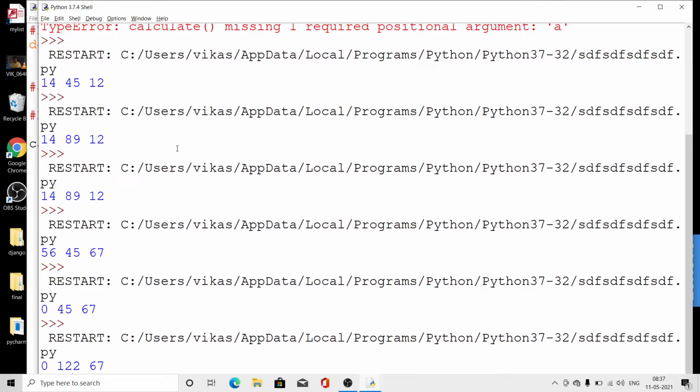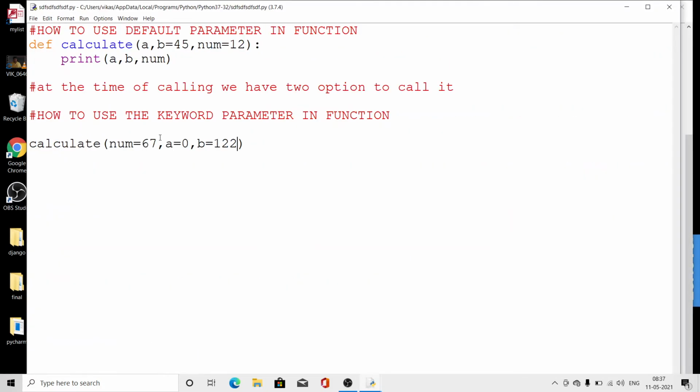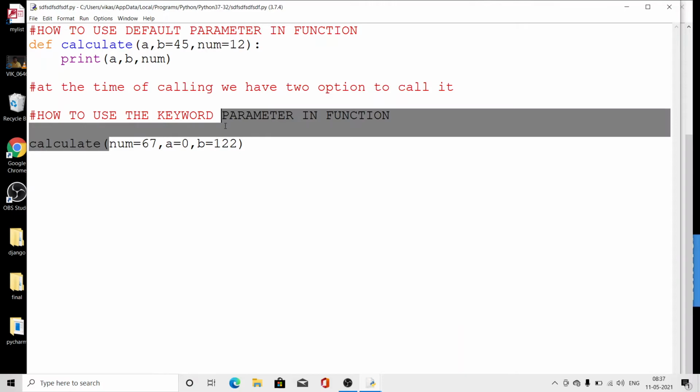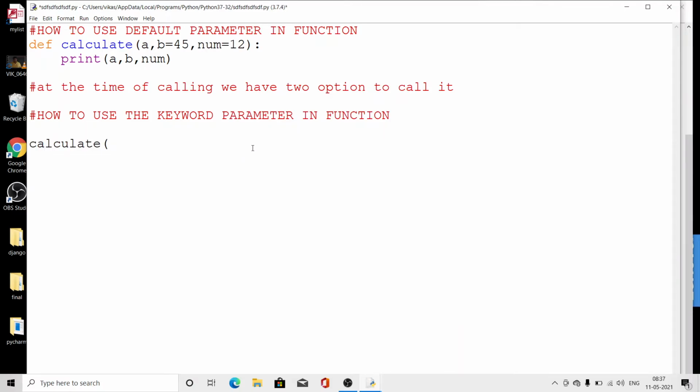But if it is not like that, and I give 45 comma 78 comma 89, it will assign the values according to their positional requirement. Means the A value will get 45, then the B value will get 78, then the num value will get 89.